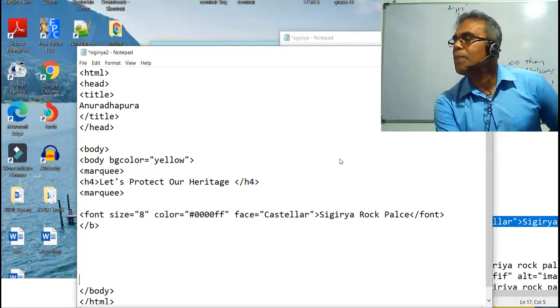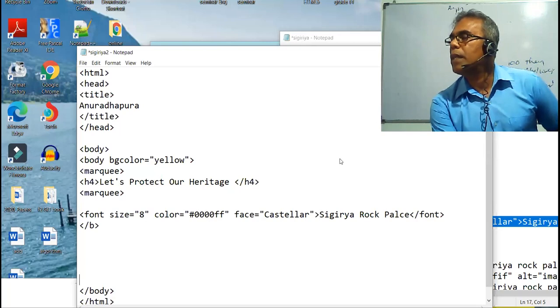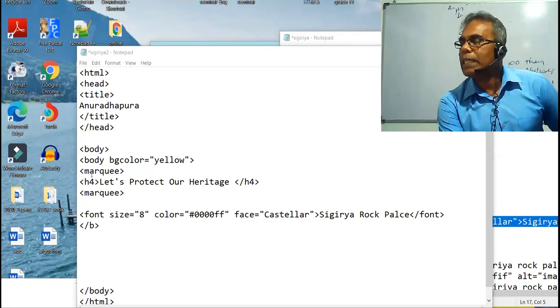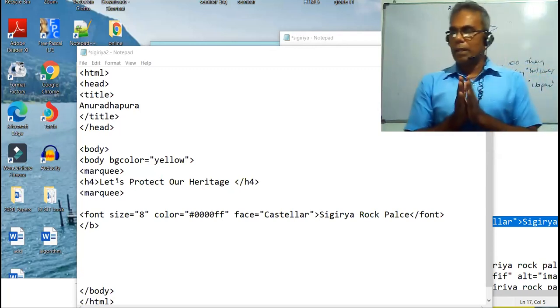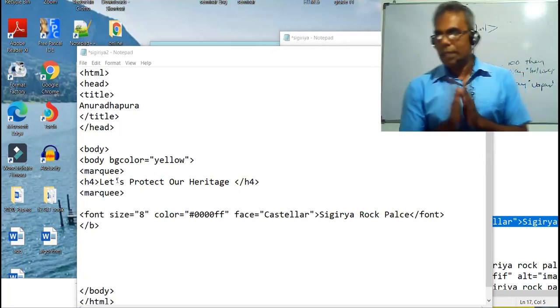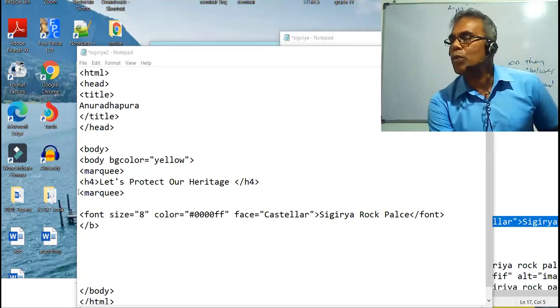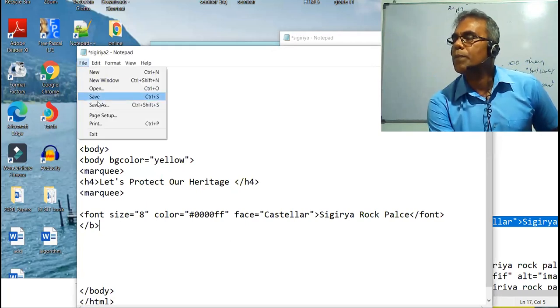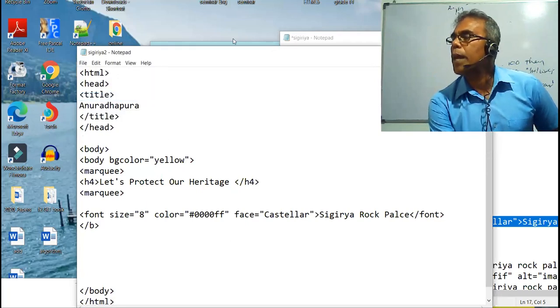Yes, that's right, Anjali. Here, when I open this tag, it is only sufficient to open. Now, I think you may not clearly understand what is the meaning of this closing. That's why I am going to show you. Okay, just a moment. I am going to show you what is the need of this closing in a tag. Here font size, and now Sigiriya Rock Palace will appear as here. Okay, I will save this, save, and show you the